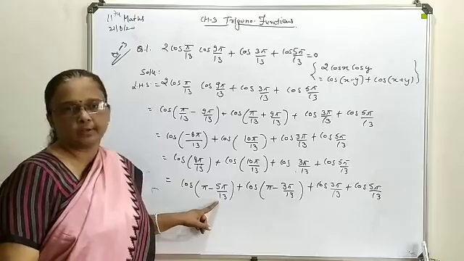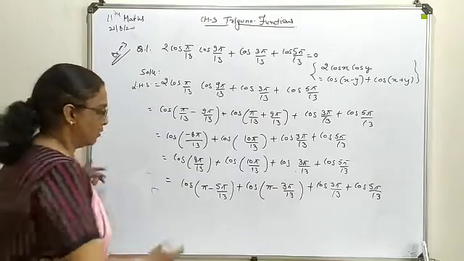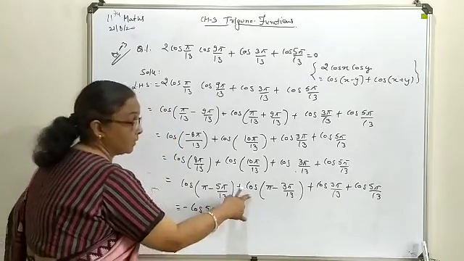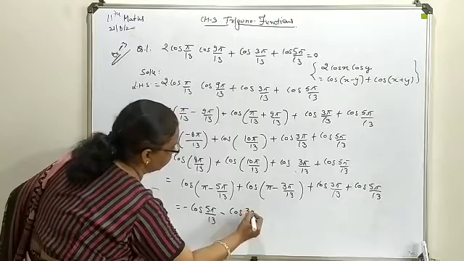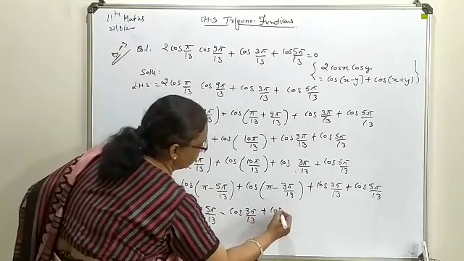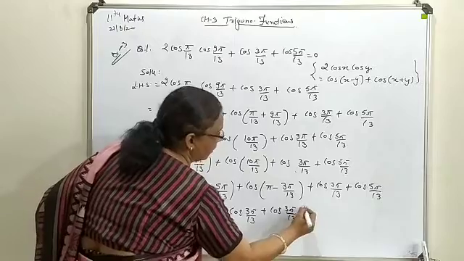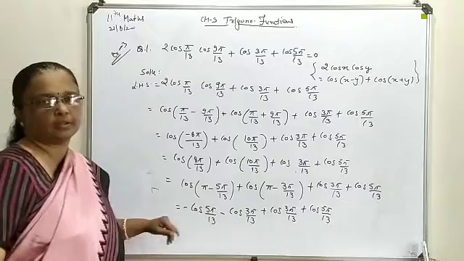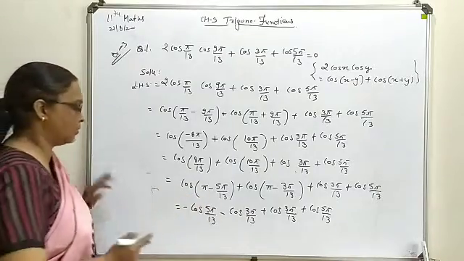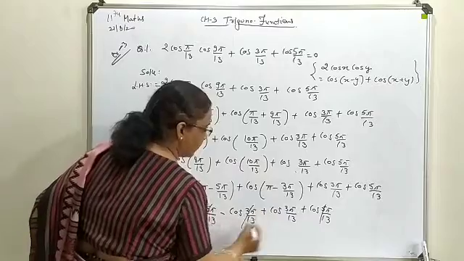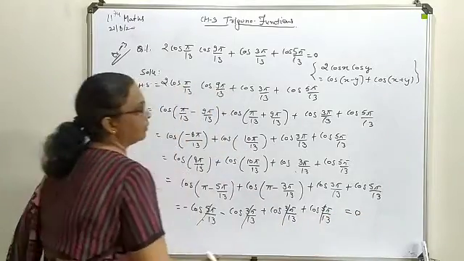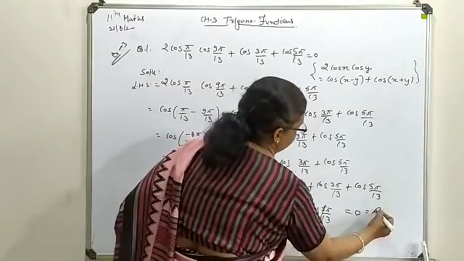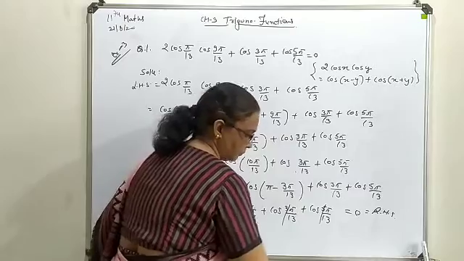Cos of pi minus theta, second quadrant, carries a negative sign. So this will come out as minus cos 5 pi by 13. This is again the same, so minus cos 3 pi by 13 plus cos 3 pi by 13 plus cos 5 pi by 13. With the plus minus combination you have generated both the terms, so these go for cancellation. And finally the answer you get is 0, which is required on the right hand side. So this way this type of question is to be handled.